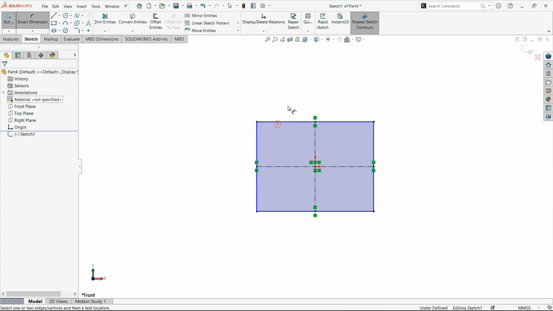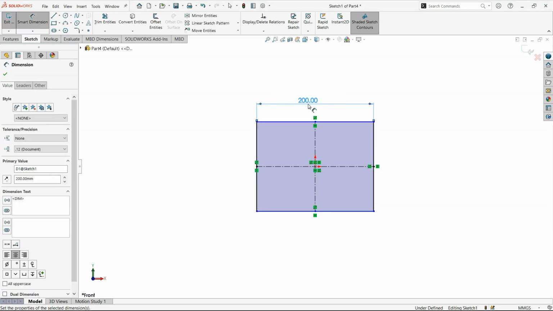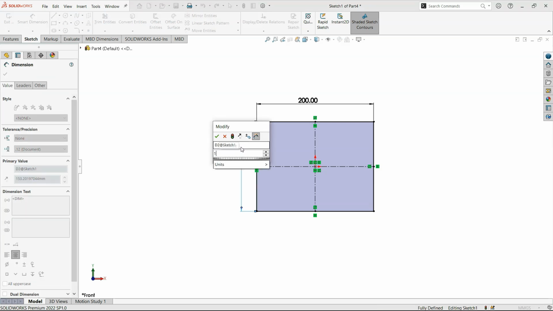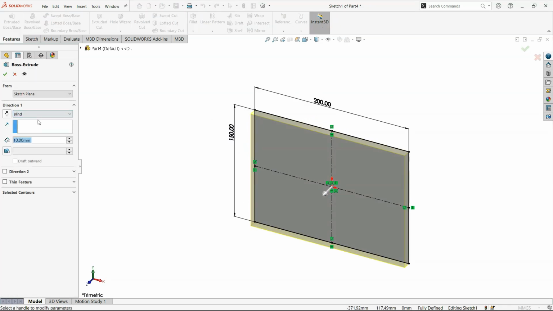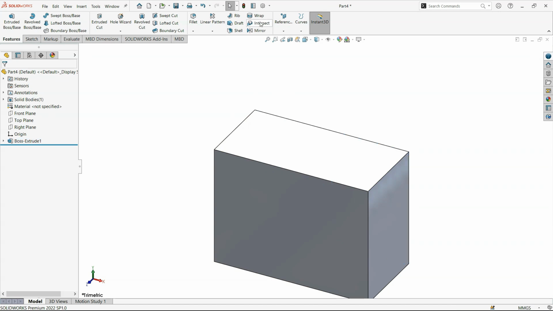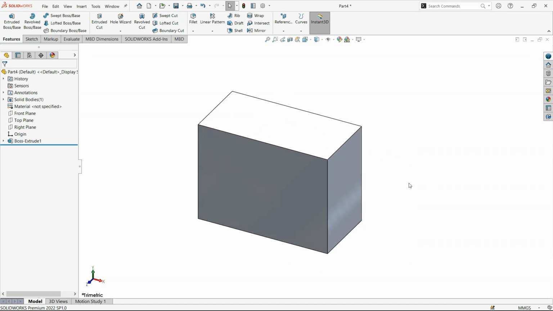Let me create a rectangle of dimension 200, 150, and the thickness will be 100. Then let's say I want to make a hollow cube which will have no upper surface. We can say it is a basket with no upper surface, and there will be a boundary of edges of